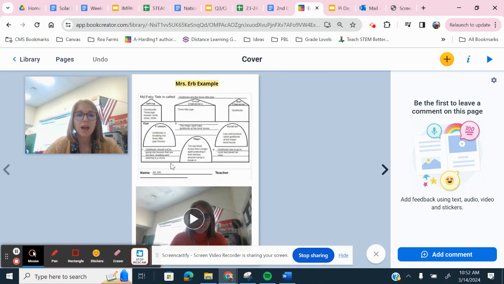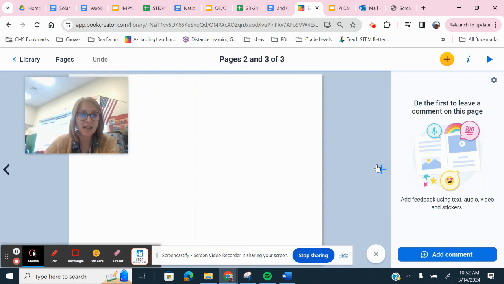Okay, so everything can be added after this first page, but the initial first page needs to be the title highlighted, picture of the graphic organizer, video or recording of you explaining your story. And then also another last thing that you can add is pictures of your makerspace project and pictures of your group